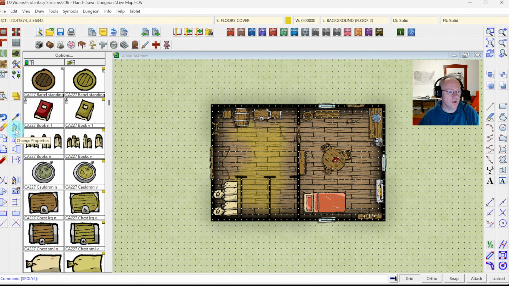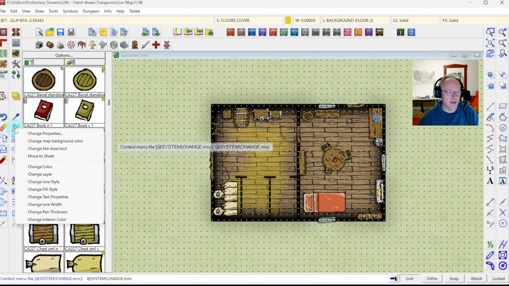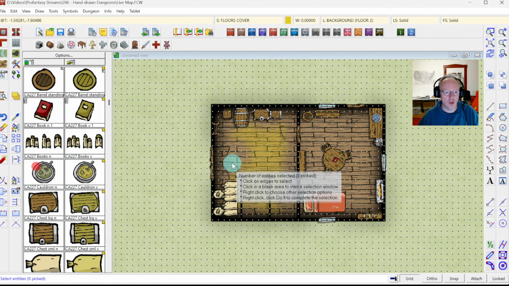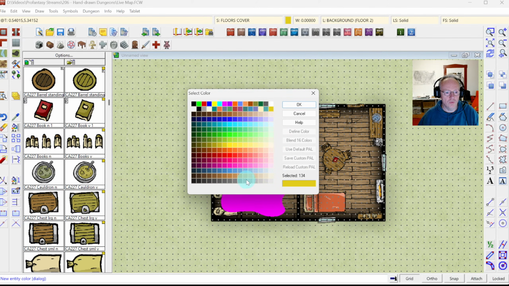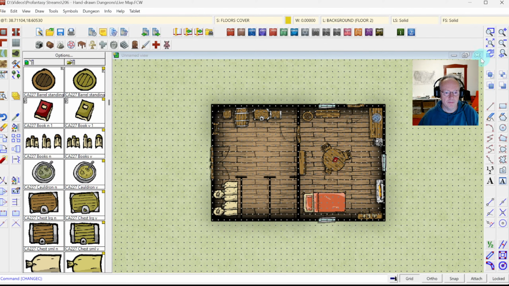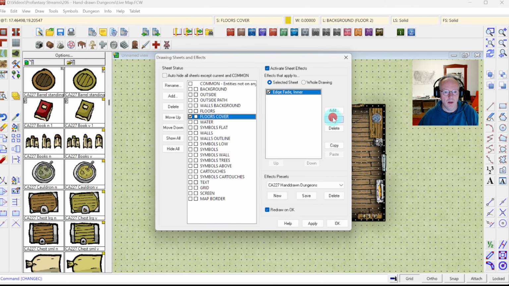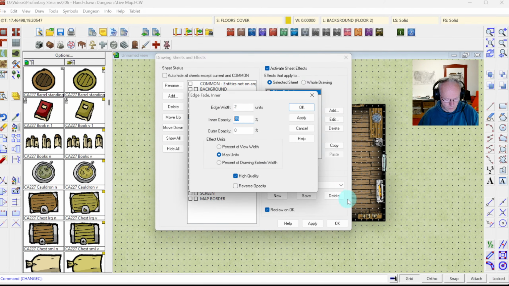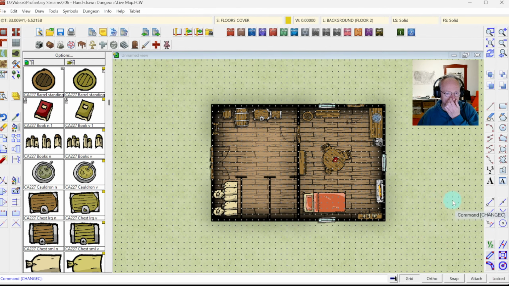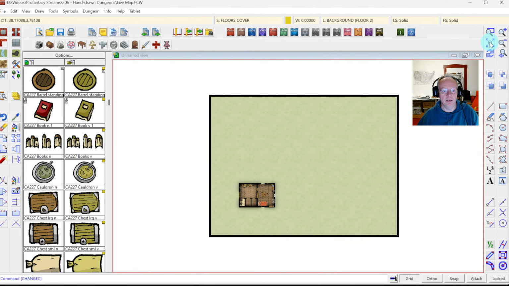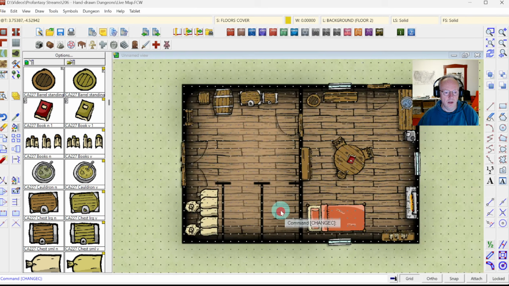So what I'm going to do is right click on the change properties button, use change color, select the entity and do it as a brown instead. And then it's not visible enough again, so I'm going to go in and increase the opacity to 45. And now I'm happy for the moment and leave it at that. And this